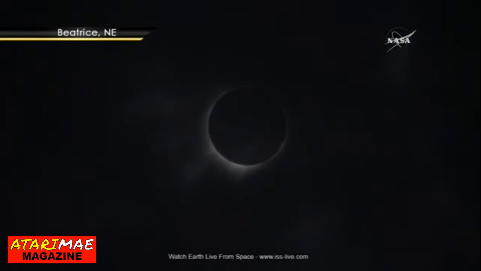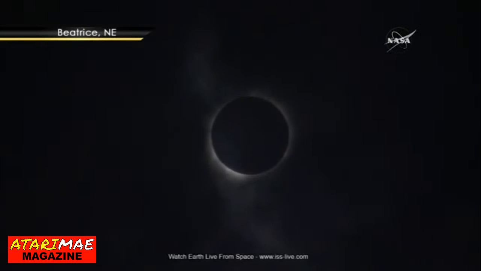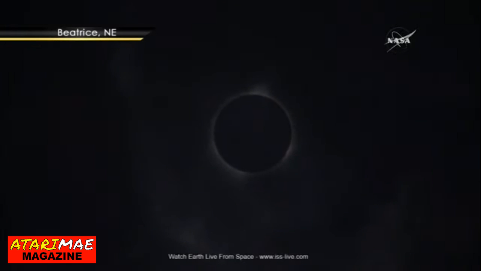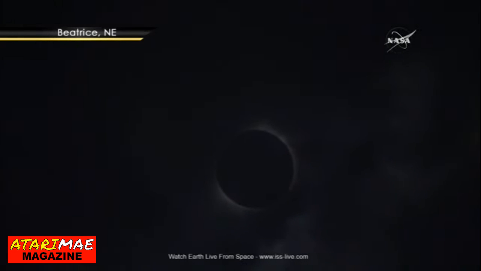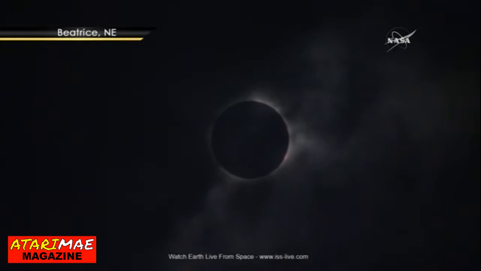Wow. And so this is the only time that it's safe to look. But right now you can see that hazy ring. That is the chromosphere. It is looking a little bit reddish. And you just see those red wisps are little prominences that are coming away from the sun. Wow. Unfortunately, we can't quite see the stars yet because of the clouds. But my goodness, you can see the corona, and that is an absolutely incredible sight.